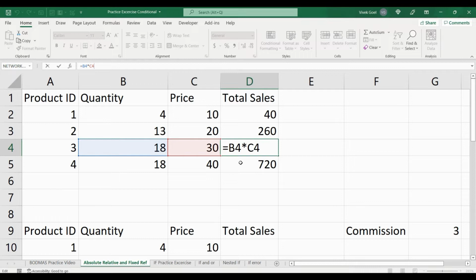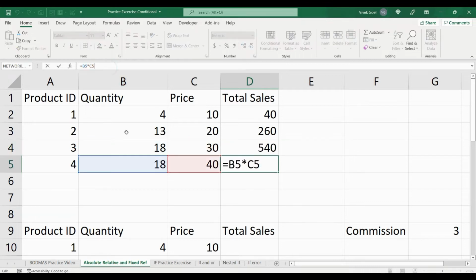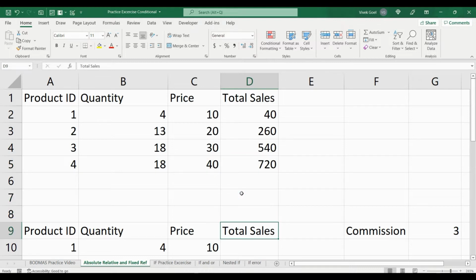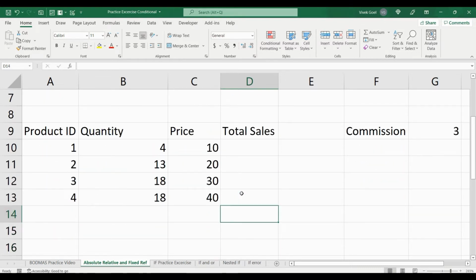As I mentioned earlier, it's always a good idea to verify that your calculations are working correctly. For that, you click on your formula and you see which cells are used in your calculation. Here the cells used are correct. For the next calculation, we have to calculate total sales again, but this time we have to reduce our commission.